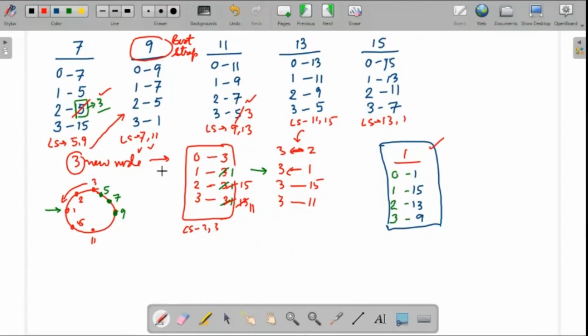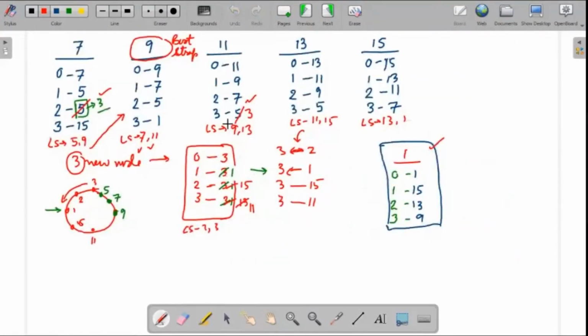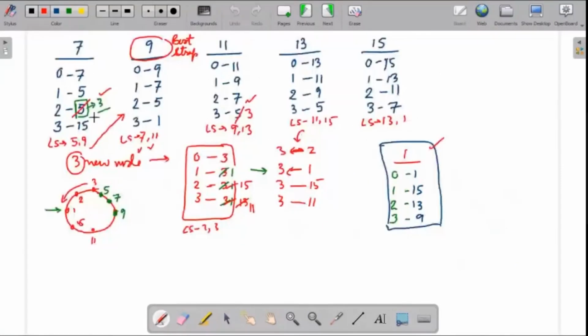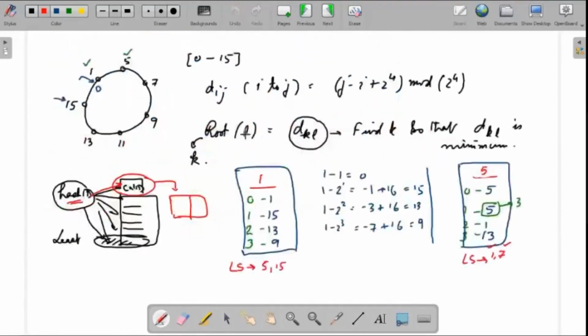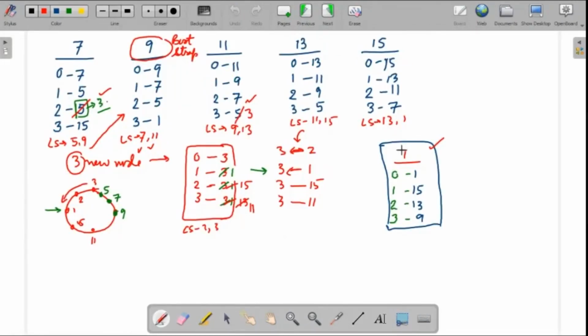Okay. Now let's come to what happens to the 1, the 5. So 5 has 1 and 7 as the leaf set. So next time 5 will talk to 7 because 7 is the neighbor given here. When it talks to 7, it will get updated information about 3 and it will update itself, and this will get updated. So using this particular principle of leaf sets, following this neighborhood information and moving towards optimality, will always lead to the optimal routing table. In the first step itself, in fact in very few steps, I will be able to converge much faster.